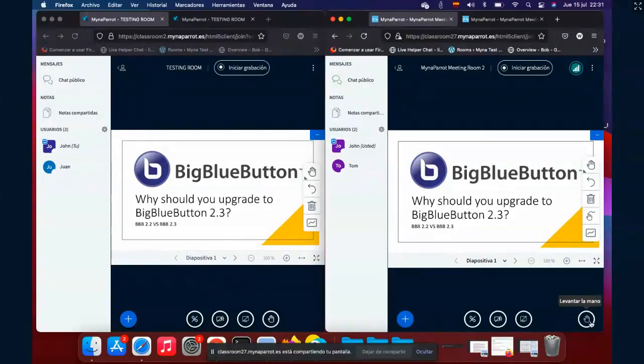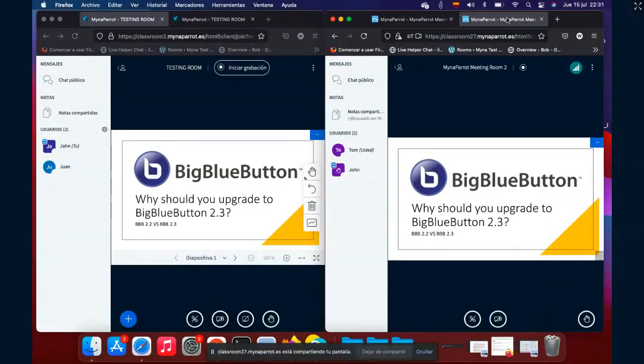Let's do a real test. You will see there is a pop-up alert. Let's do it again. Now I have opened 2 tabs of the browser, so there are 2 users in the same room.